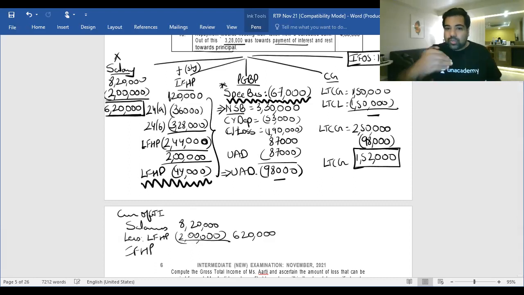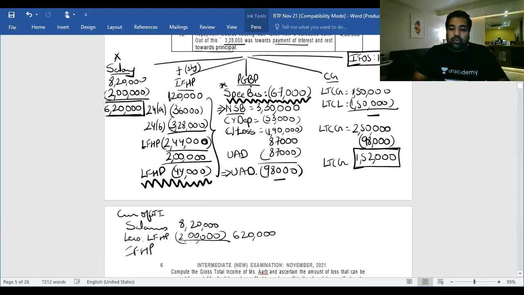So now when you do the solution, you will put one by one the incomes and whatever extra losses have been minused. So that is how you will carry forward while you write this exam question in the exam. So this is how you will carry it forward.